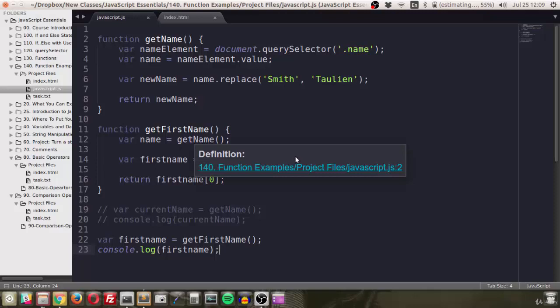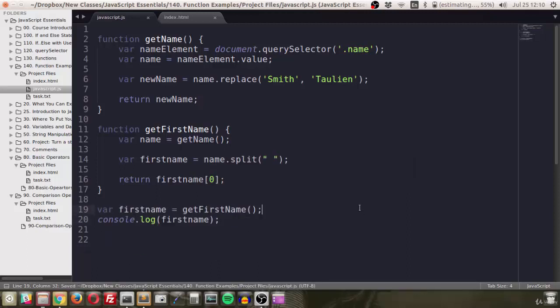So now you can see that functions are actually quite valuable because it allows us to write this code very easily, and we don't have to write it over and over again. So to summarize how our functions are currently working, we have a variable. We declared it as first name is equal to get first name function, and that's going to be the value of whatever is returned. So step 1 is going to look for step 2, but actually step 2